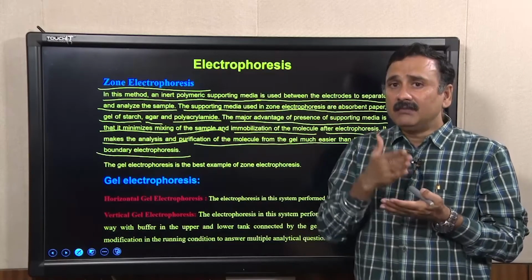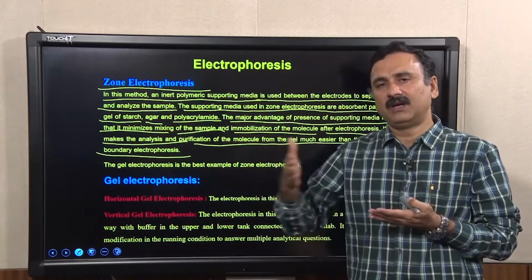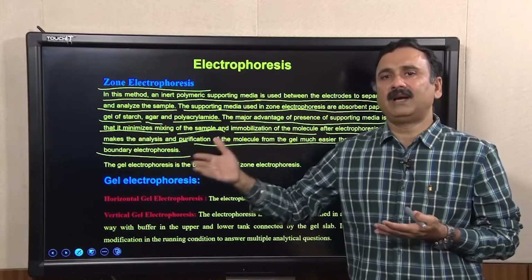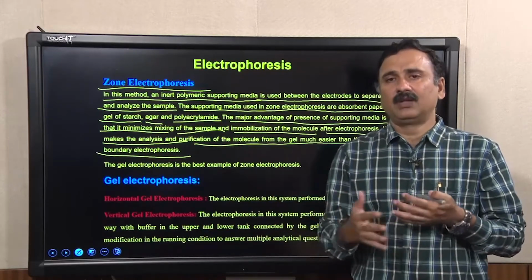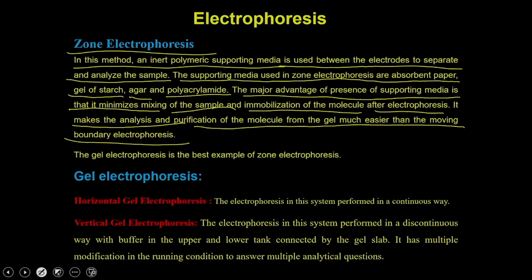Because of that, the molecules will get separated and you can visualize them, because they are immobilized onto the supporting substance. Then you can stain and de-stain those supporting substances to know the pattern, and accordingly you can optimize the separation techniques and achieve better purifications. The substances used for the supporting media are paper, starch, agar and polyacrylamide. Accordingly, zone electrophoresis is also called gel electrophoresis, and within gel electrophoresis